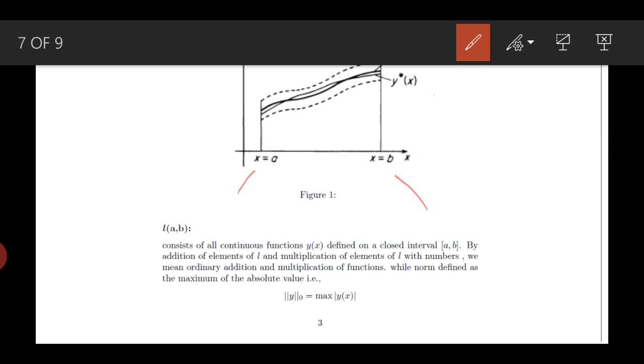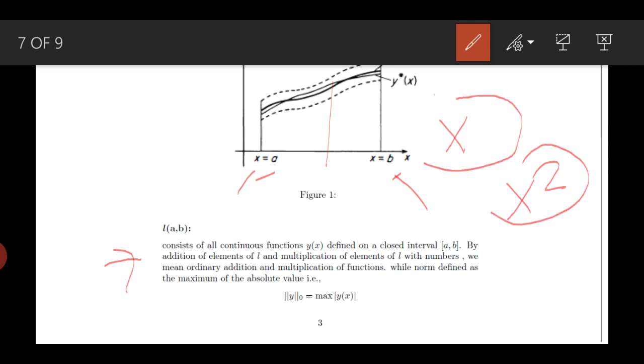And in this space, addition means adding functions. Adding two functions is the simple addition. Let us suppose one function is x defined on interval a to b and the second one is x square. So adding the functions at a particular point basically means adding the value of x at that point and x square at that point, the simple addition that we did. And multiplication by a scalar is the same as we usually do, that is, to multiply the function by that number.